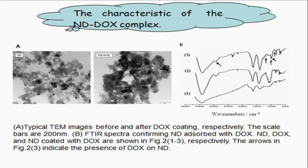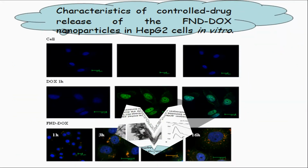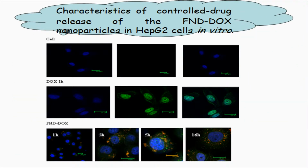Second, TEM and FTIR were used to verify the formation of the ND-DOX complex. Third, as the figure shows, it implied that most of the DOX is released from ND-DOX around the nucleus. These results showed ND-DOX is capable of mediating controlled drug release and has a slower and more sustained drug release